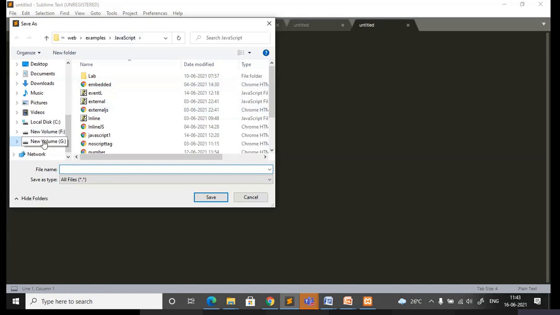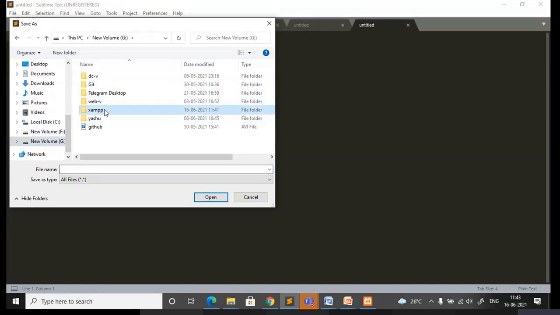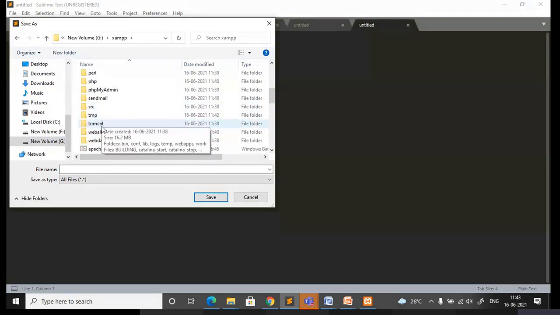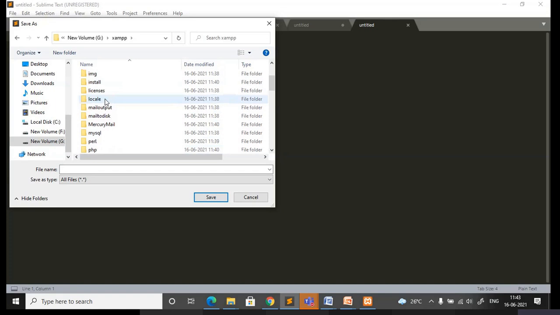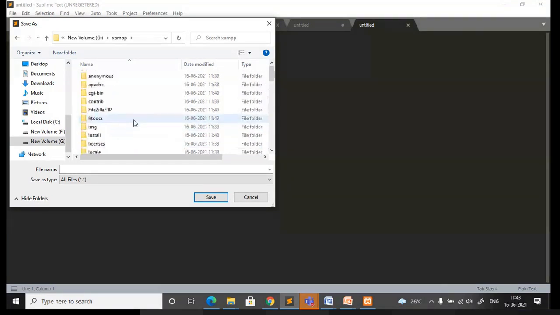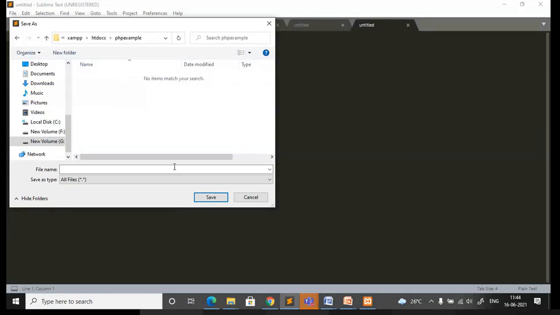I need to locate it in htdocs itself. The name I have given is PHP example. The extension should be .php. Save it.